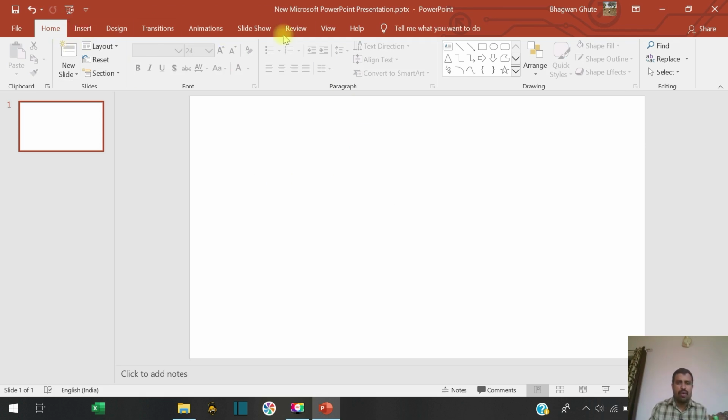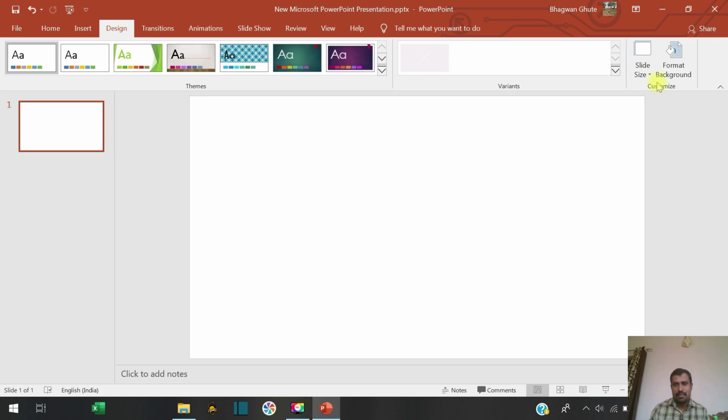There are different options: insert, design, transition, animation, slideshow. But transition, animation and slideshow are useful for your PowerPoint presentation. For making a thumbnail, there is no need for transition, animations and slideshow. As soon as the slide is open, there is one option called design.